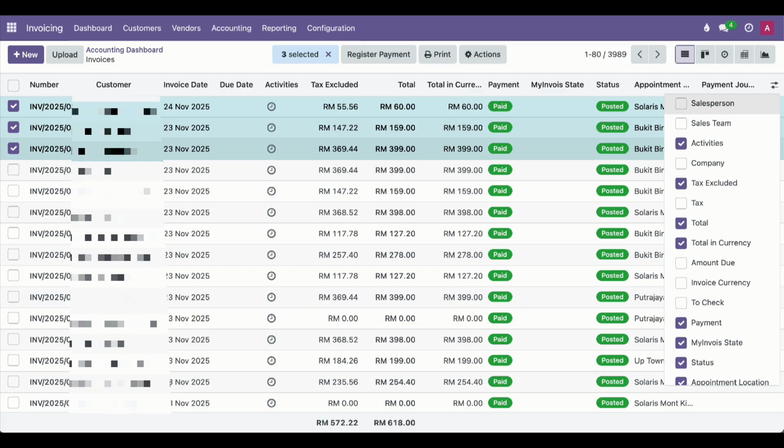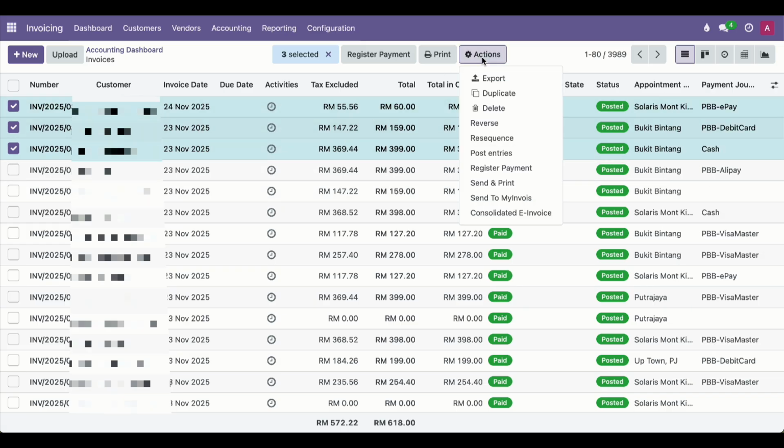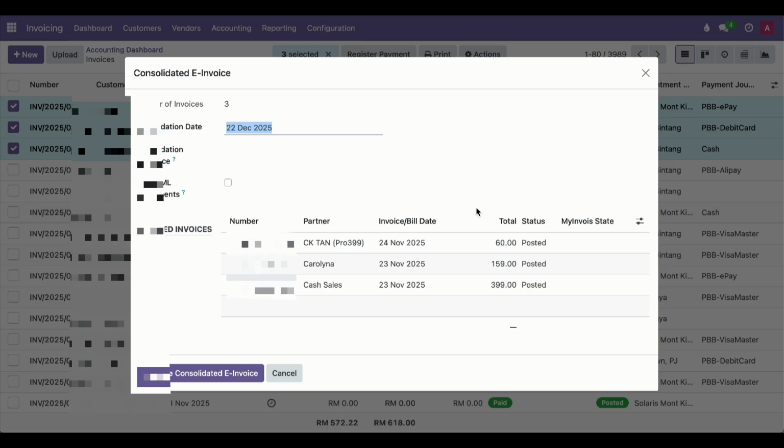So once I've selected all the invoices, I will do the actions and then I'll consolidate invoice. Here it will prompt me which are the invoices I'm submitting. So I said generate consolidated invoice,